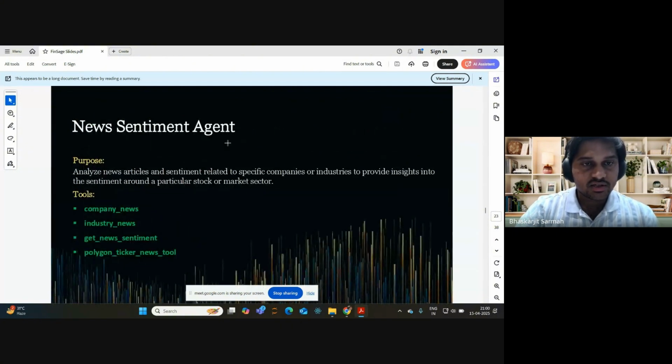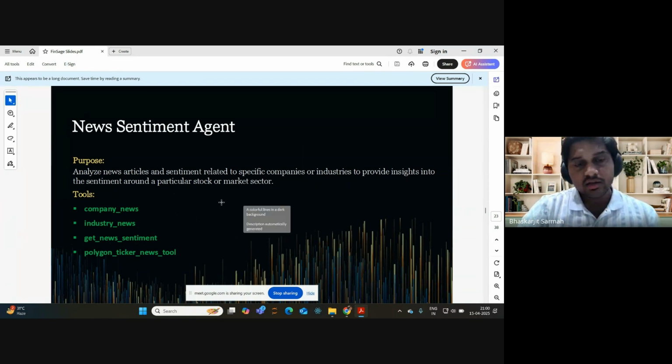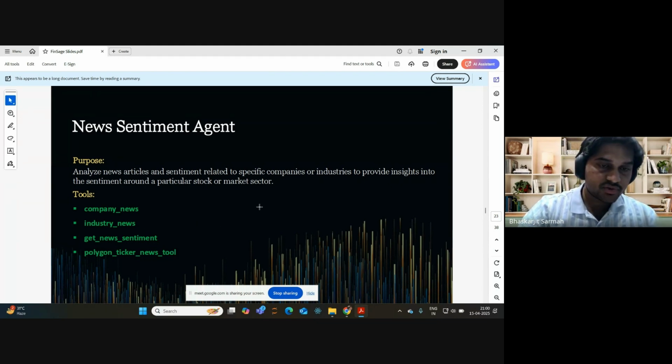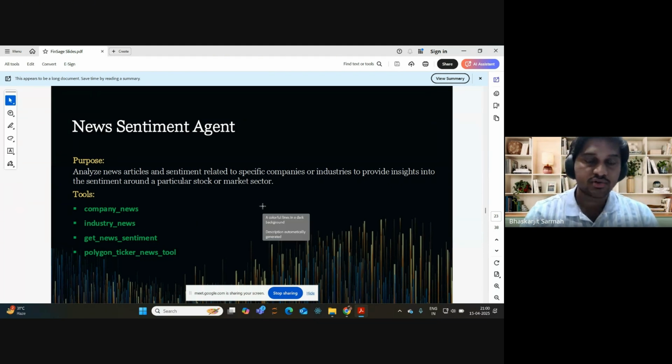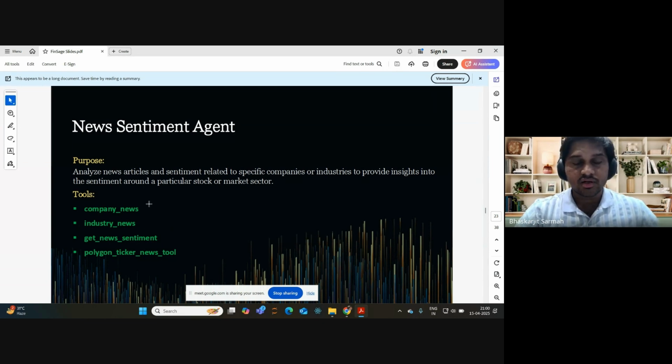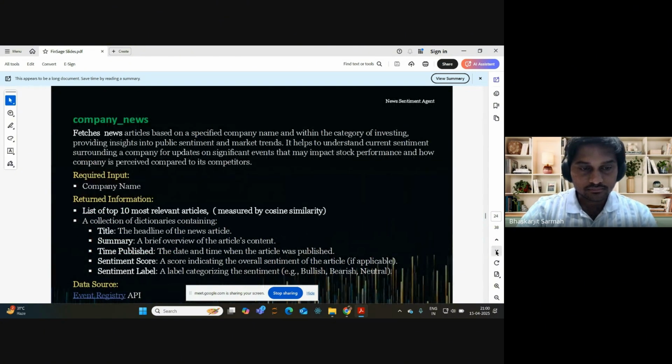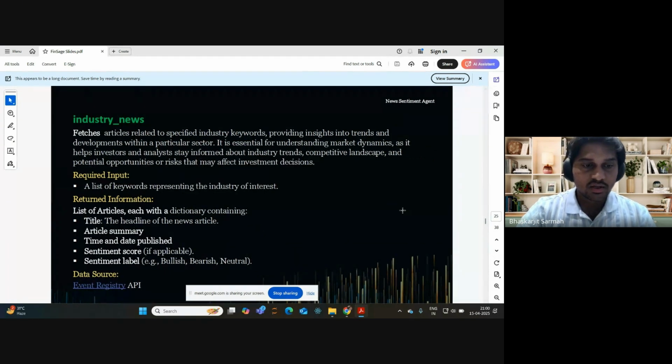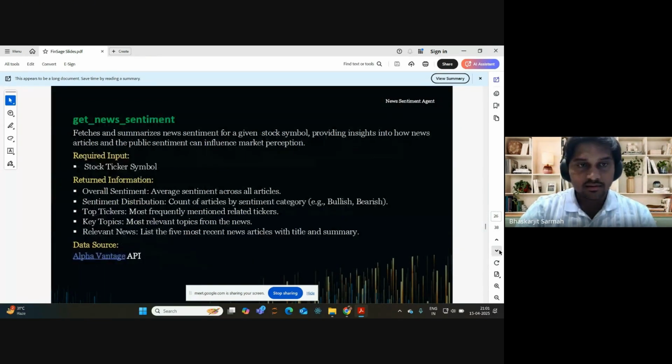And then the next agent is the news sentiment agent. In the news sentiment agent, we extract two different types of news. One is the company news itself, and another is the industry news, meaning the industry this company belongs to. And then we also compare both the company news and the industry news together and generate news sentiments across different topics. Here we get company news from the Event Registry API. Again, this is an open source tool to extract company news, and the industry news we also get from Event Registry. And the last one is